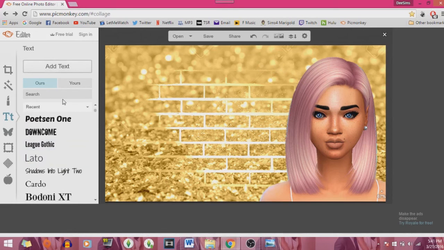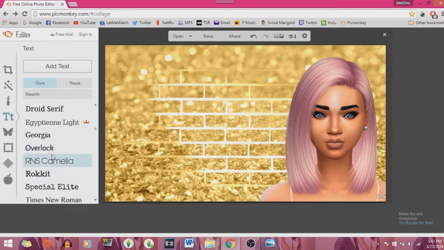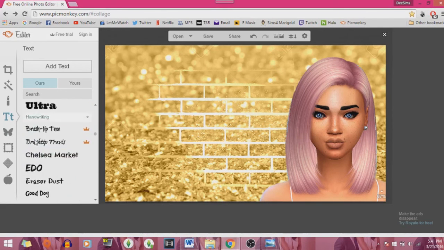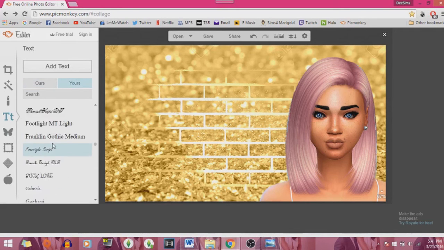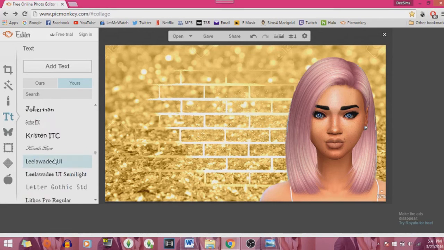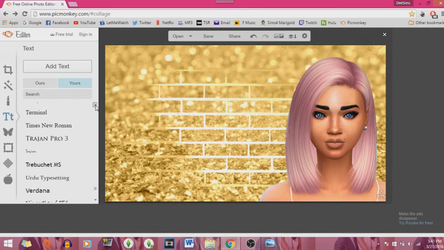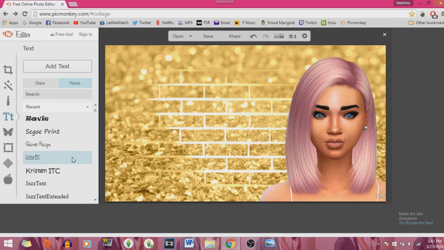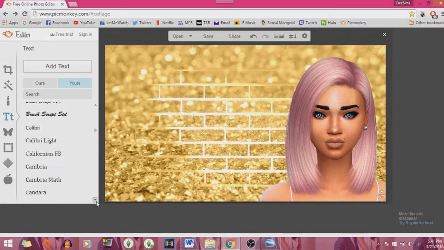So here they offer you so many different fonts. And again, you'll see some with the crown, and that's under the paid thing. And again, you can always use your own. Now, I downloaded a number of fonts today from dafont.com, and I want to use one that I found. I just have to find it. I guess that could be a downfall of it, but you just have to search, because I believe it goes by alphabetical order. I think it was called, here it is,